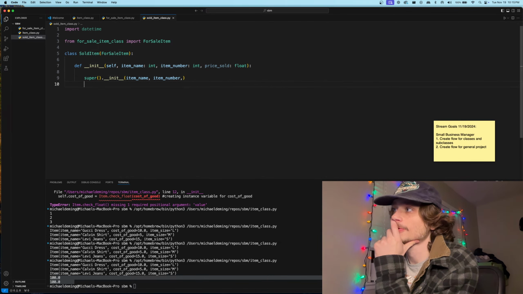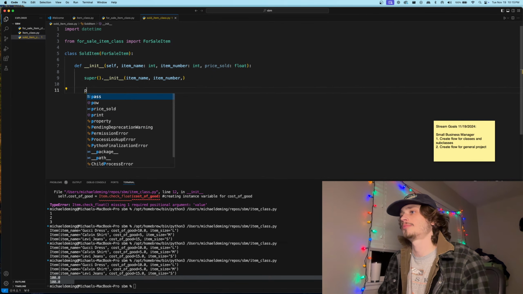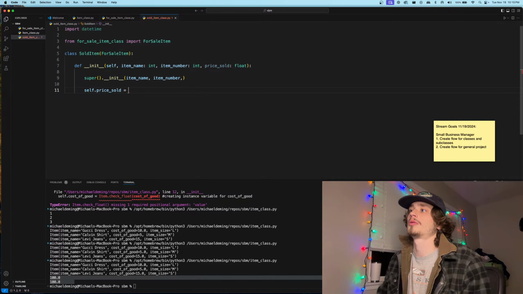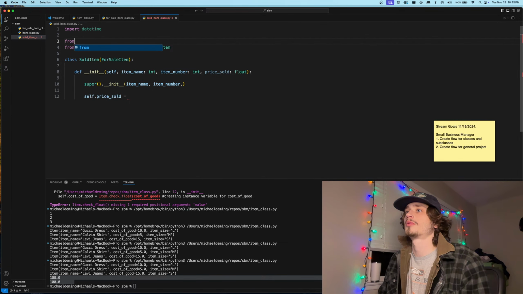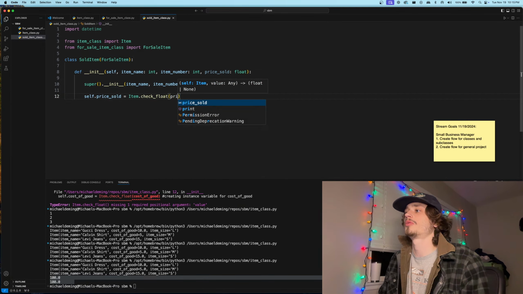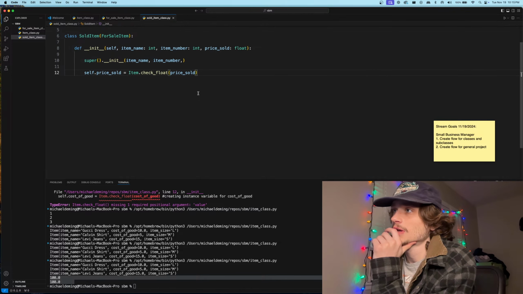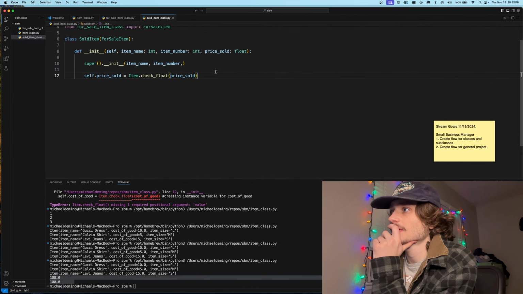And then we're going to set self.price_sold equal to item dot check float on the price sold, right? So we want to make sure that the float is in the float form. We'll check float on that guy, and then